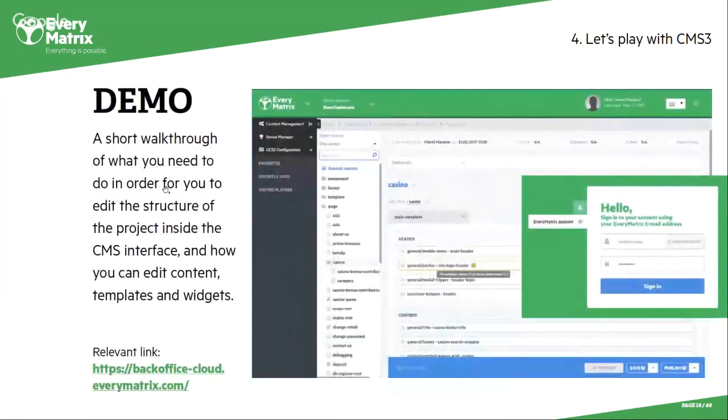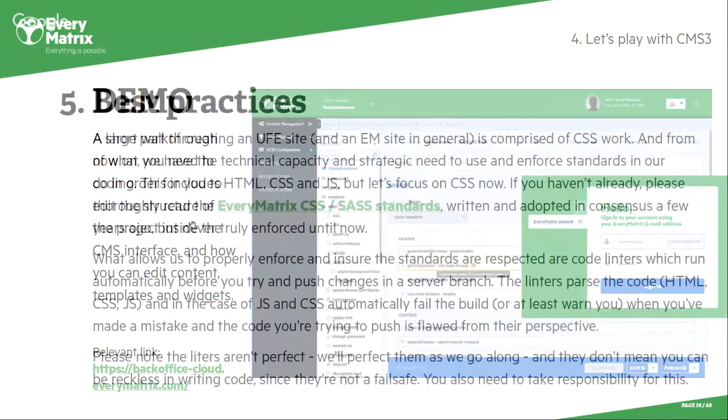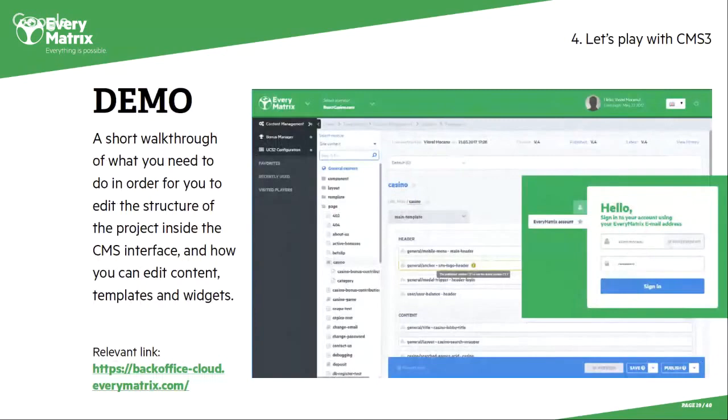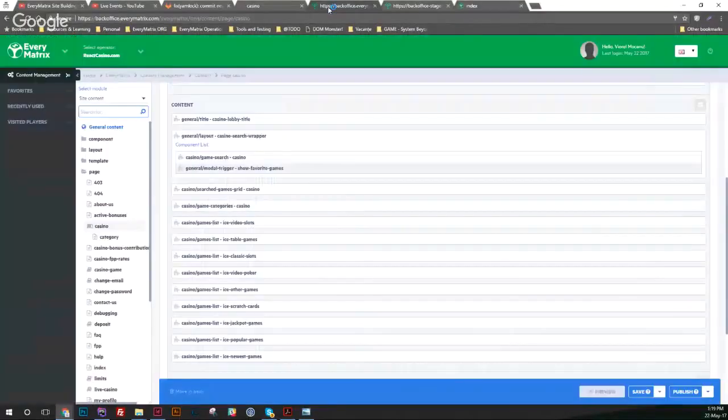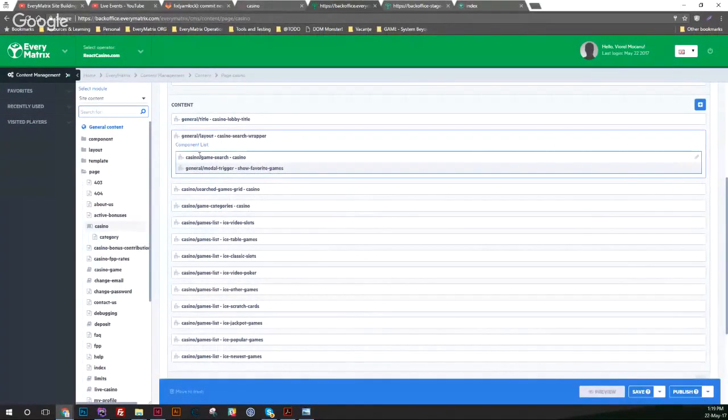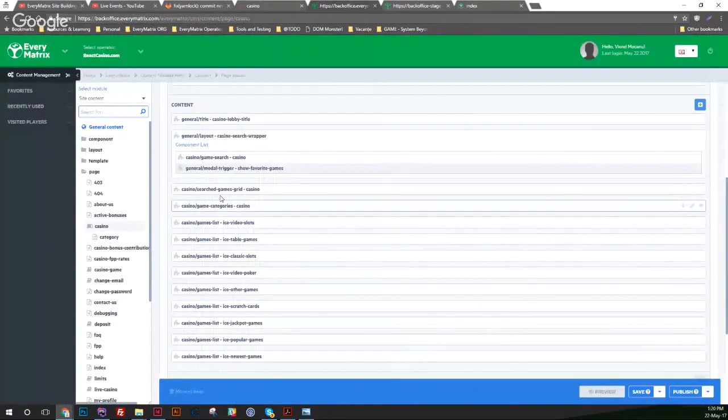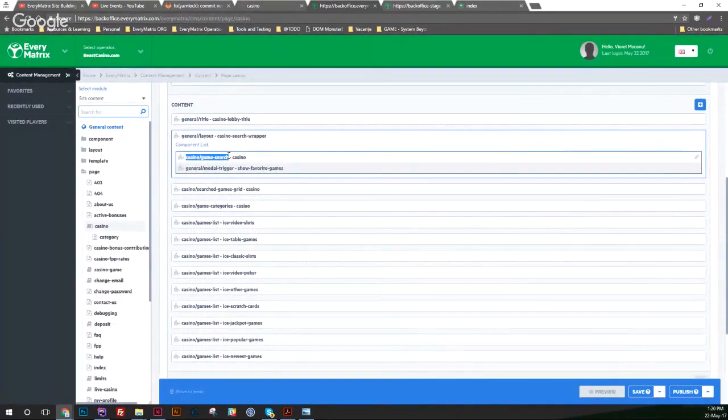Okay, let's now go back to the CMS interface, and I'll show you a few things. There we go. So we were here at the game search and the model trigger. Model trigger is a component. Game search is a component. They're all components. And the way components work